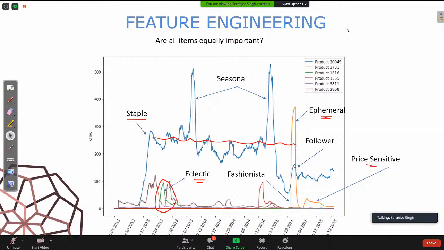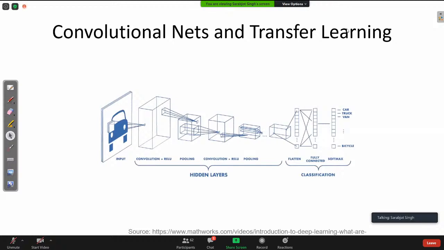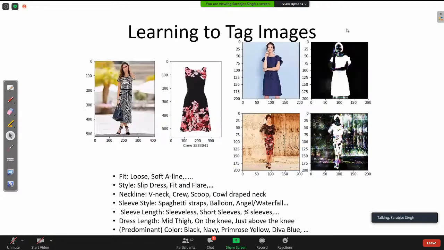And then these are followers that buy it only after it has become popular. So you have different types of users that can be identified. And this is another form of feature engineering that was done. Another form of feature engineering, which we use neural networks and deep learning for, was to identify